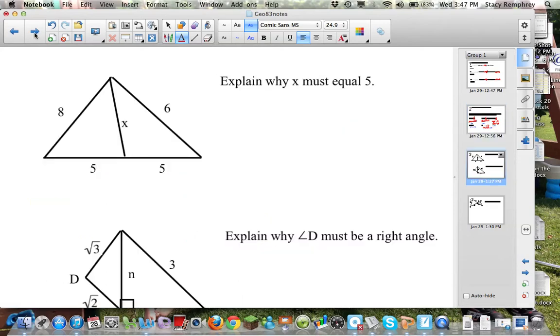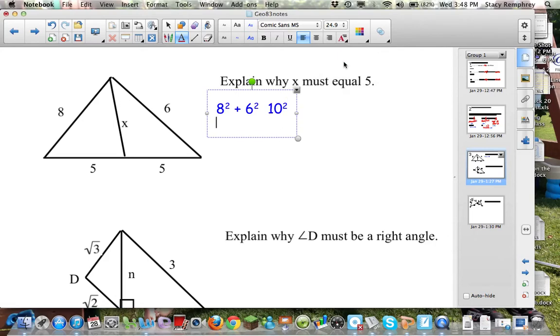Okay. We go over here, explain why x must equal 5. Okay, there's a couple different things you can do here. Let's see if I can do it with typing because the writing's pretty hard. I'm going to identify this right here as my longest side. So I'm going to have 8 squared plus 6 squared, and I'm going to compare that to 10